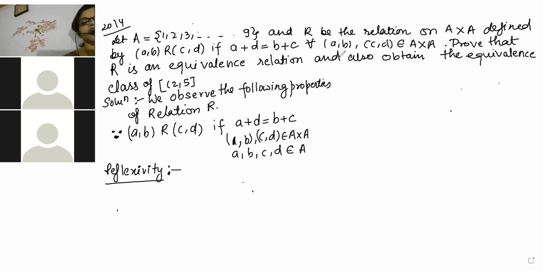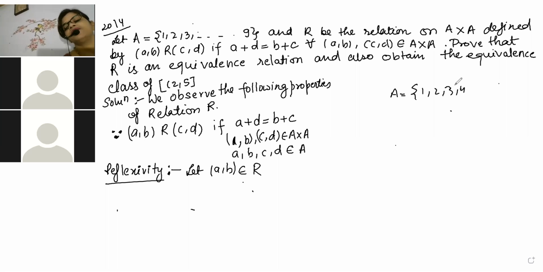Now look here. Next, reflexivity. In reflexivity, you need one element that will be me and myself, meaning it will be repeated. So what are you going to write? Let (a, b) belong to the relation. Because here, what is given to you? They told you 1, 2, 3, 4, 5. I'm just explaining this one. Till 9 it is there.